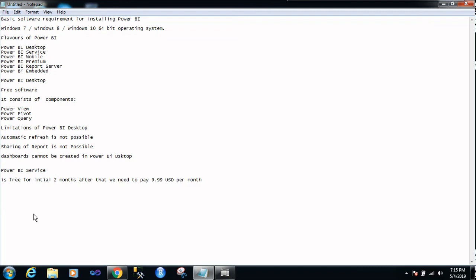In Power BI Service, all admin activities can be done.